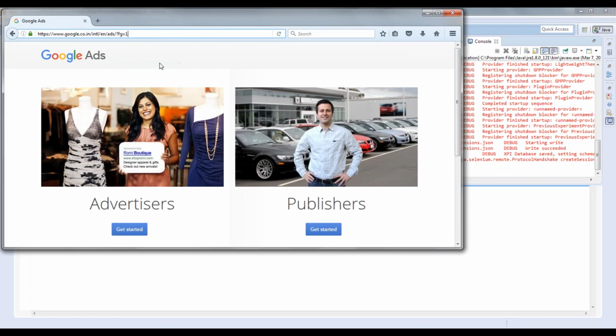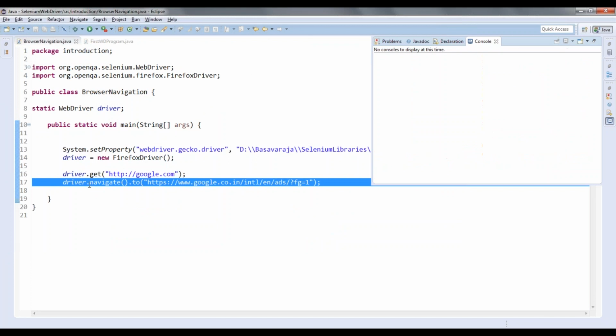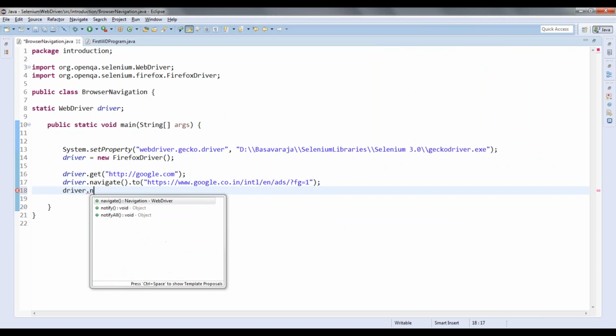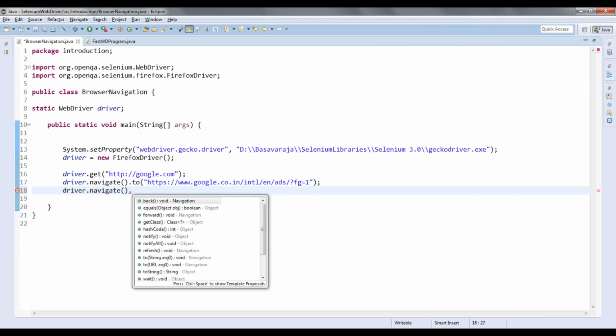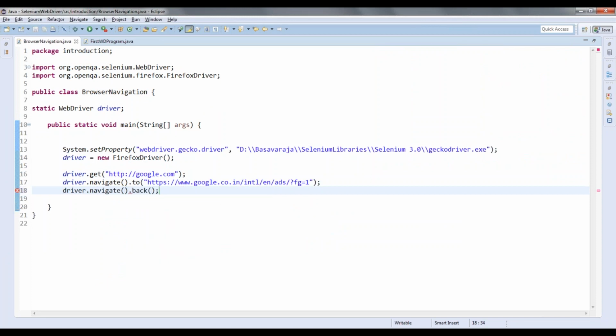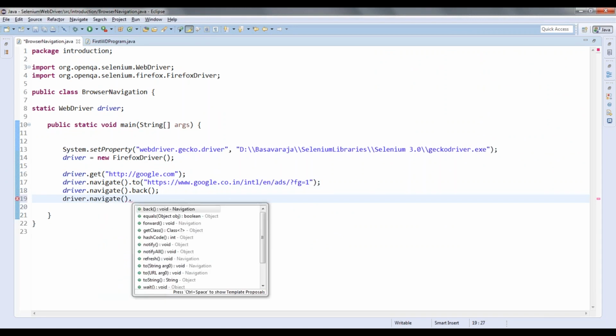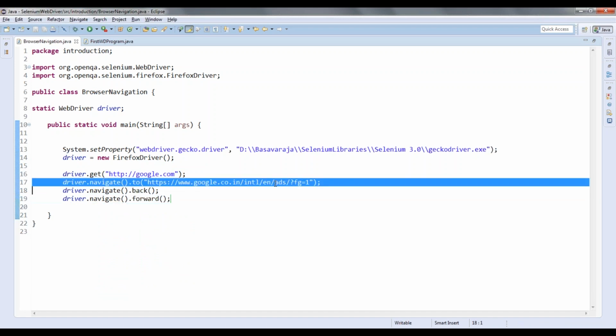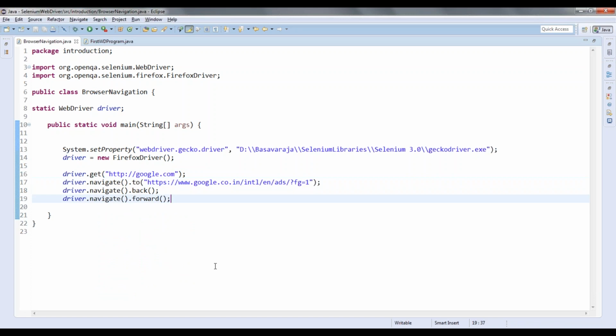Now if I want to go back to the previous page, I have the method, right, driver dot navigate dot back. So driver dot navigate dot back will go back to the google.com page, and then you have driver dot navigate dot forward. This will take you to the advertising page again, means I'm going back and forth.